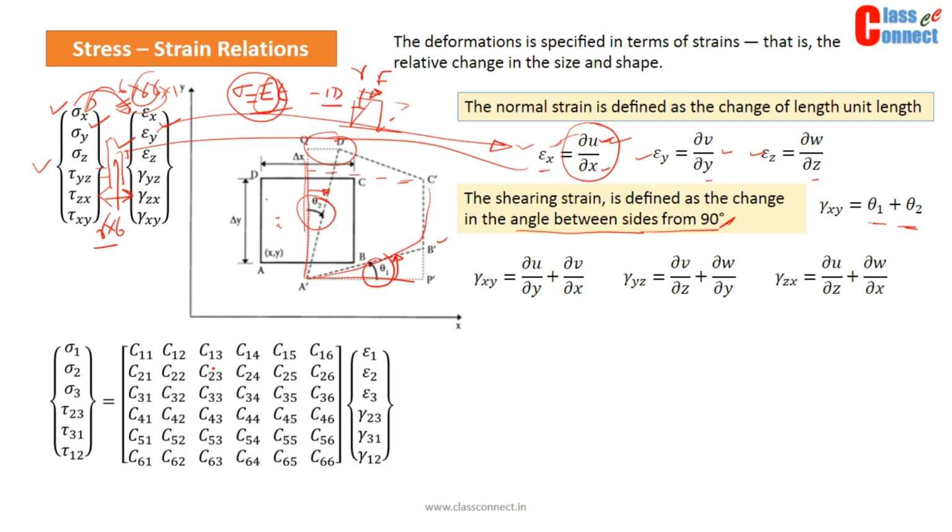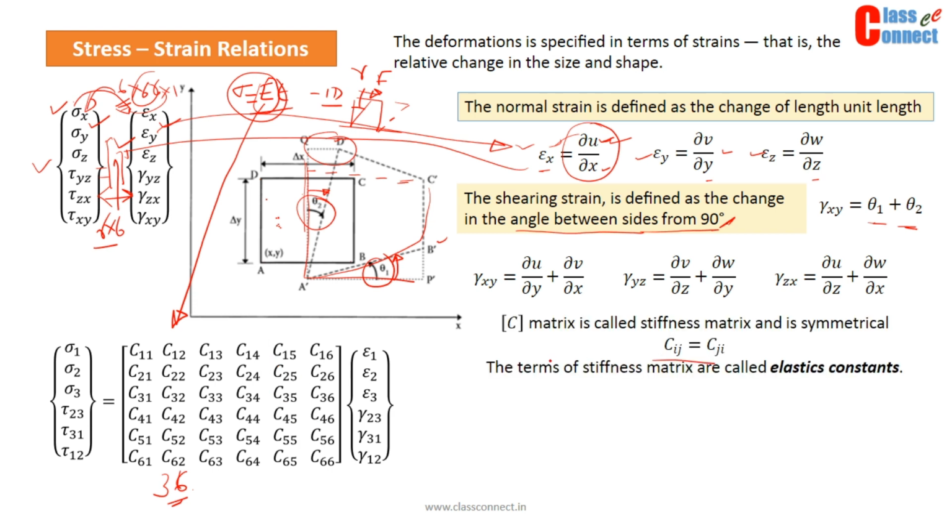And this is how it should be written. These are the 6 into 6, 36 components of the material, representing the modulus of elasticity in case of 3D stress analysis. But no need to worry, we are not going to evaluate all 36 components. We will try to reduce the number of unknowns among the 36 components. This is a symmetrical matrix, which means only the upper triangle or the lower triangle will be of use, or unknown. Once we know one side, the other side will be directly known to us.